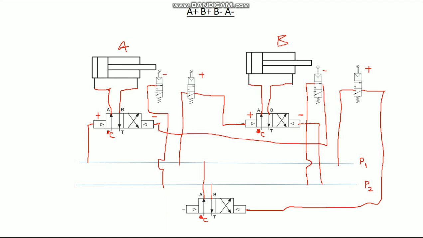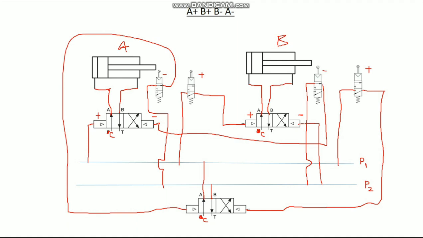Now we have to change the position of the cascade valve. So from the A cylinder limit switch, minus position, we have to give the connection to the first position of the cascade valve. So again the sequence of operation will be repeated. So I think you may now understand the connections of a pneumatic circuit by the cascade method.